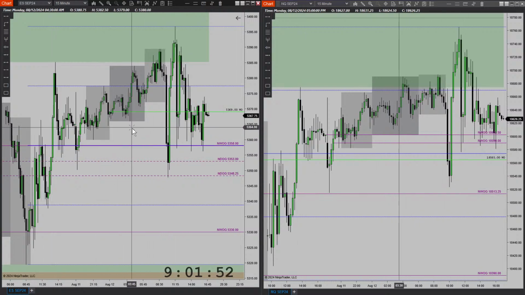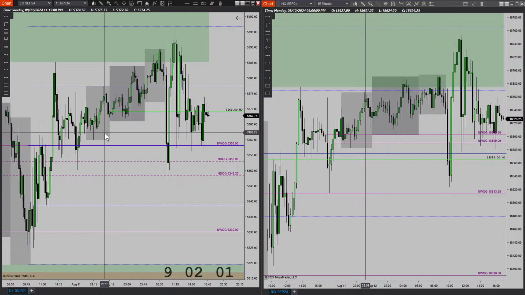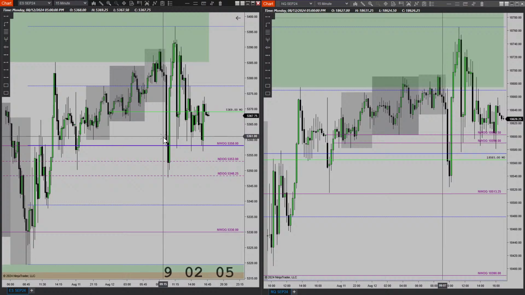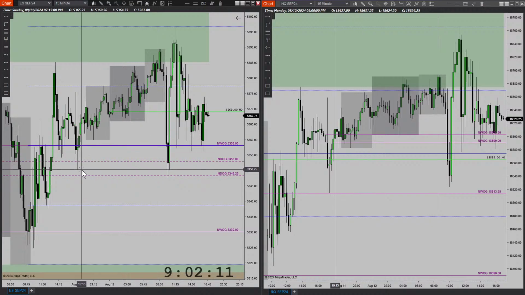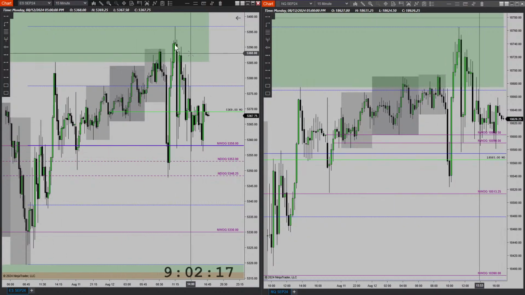The reason I took this trade on the second stage of its distribution was because price closed below extreme discount on the 15-minute. When price does that, that's a sign that price may seek to draw into the lows. Now, I had expected price to draw into here, but obviously it didn't, and price reversed. And that's fine. That's actually what I wanted to see.